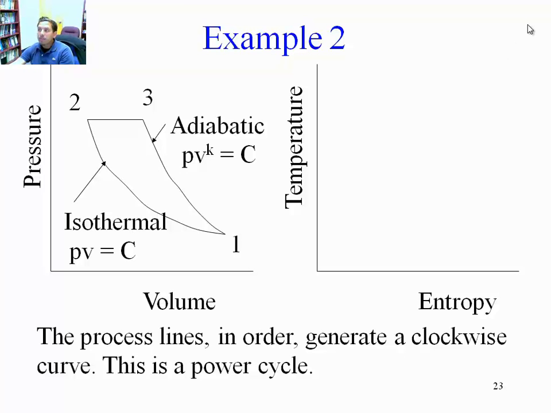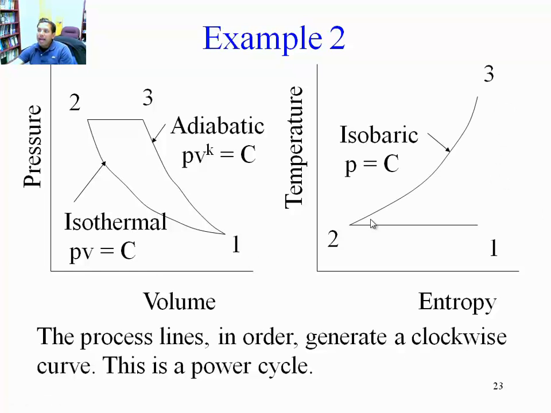In the TS diagram, we know that from 1 to 2, we have a constant temperature process, whatever temperature that is. And the temperature remains constant, and the volume is going down, as depicted here, and the pressure is going up. So it goes to the left. From 2 to 3, it's an isobaric process. We know isobaric is a positive exponential function in the TS diagram. And it's going to go up to a point 3 that is in line with point 1, because from 3 to 1 we have an isentropic process. This has got to be a vertical line. From 3 to 1, remember, it's an adiabatic reversible process, so it closes that way.